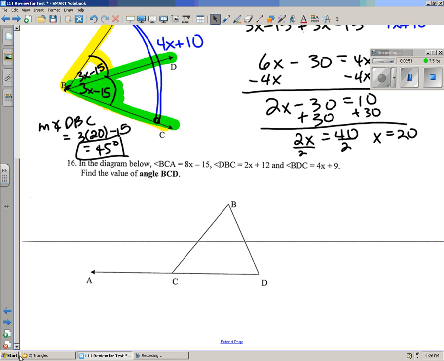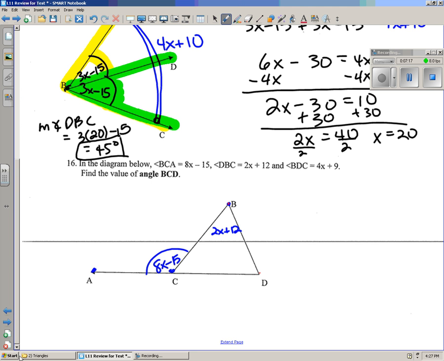Problem 16, and again, please ignore the big line across the page. Angle BCA is 8x minus 15. Now BCA is outside the triangle, so it's important that it goes in the measure outside the triangle here. Angle DBC is 2x plus 12. That's in the triangle. And angle BDC,